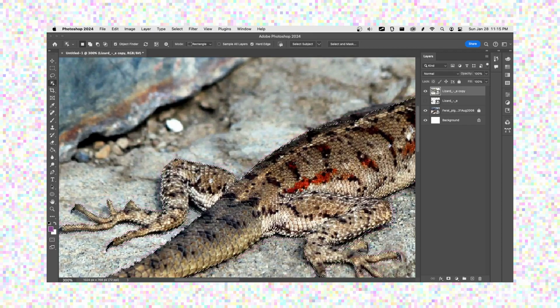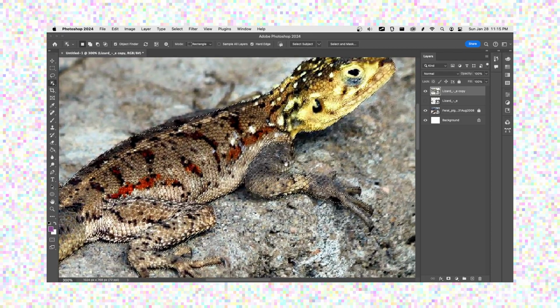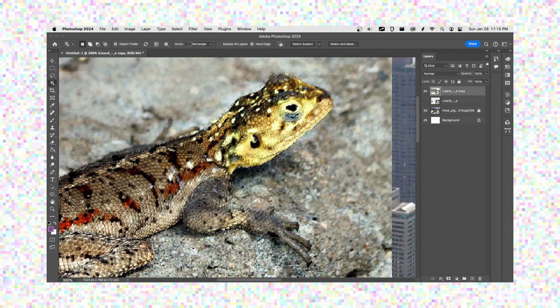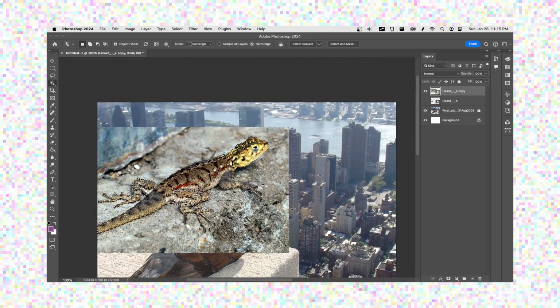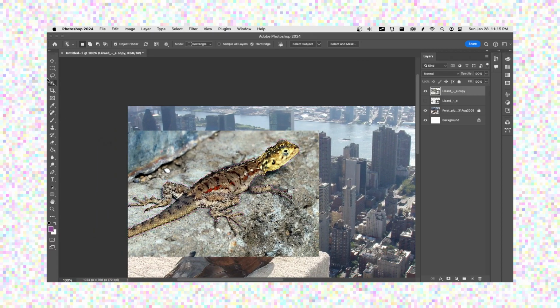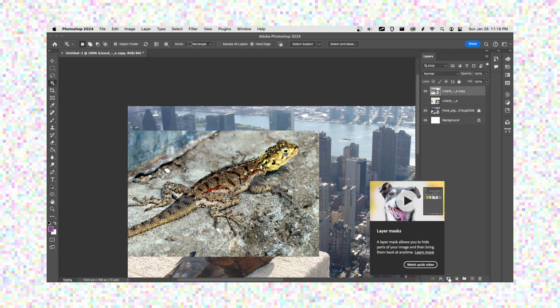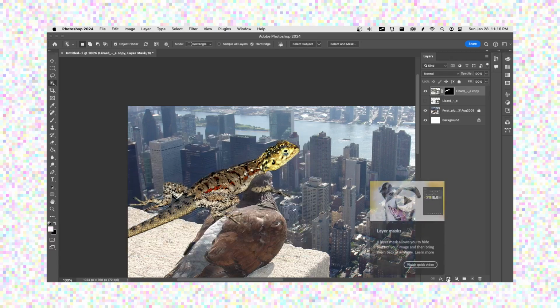So we can see it's not 100% perfect, like we're missing some parts of our lizard. Photoshop wasn't able to completely find the object correctly. But I can edit the mask after I add it. So that's what we're going to try. So down here is the mask button. It's very small. It just looks like a square with a circle inside of it. A lot of people kind of forget this step, but all I have to do is click on that and